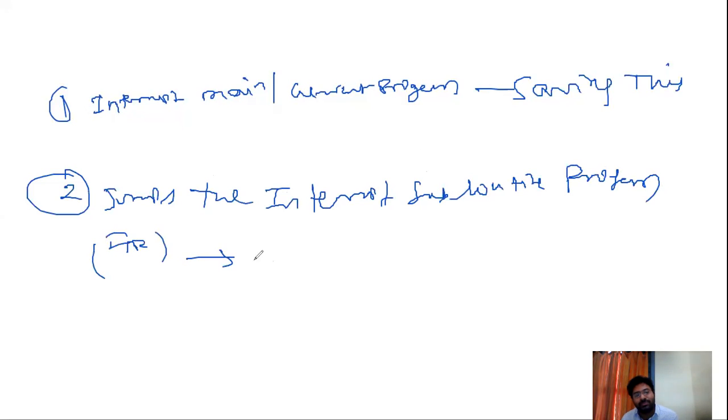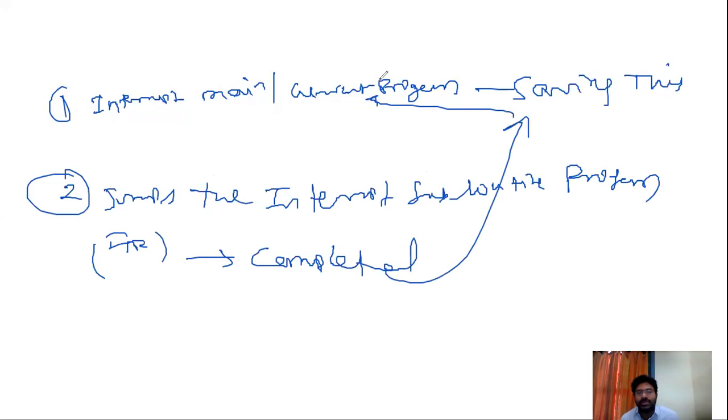Once that is completed, it goes back to the saved position and then executes the program. The two-way process is happening.